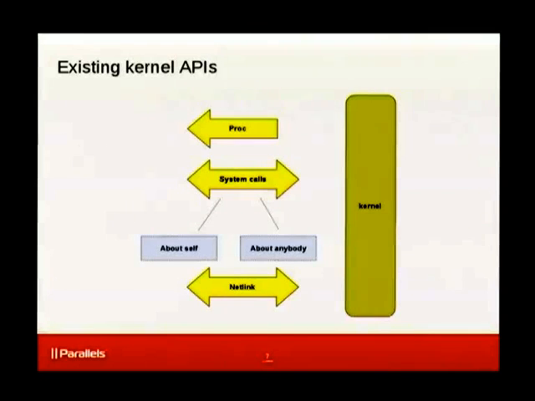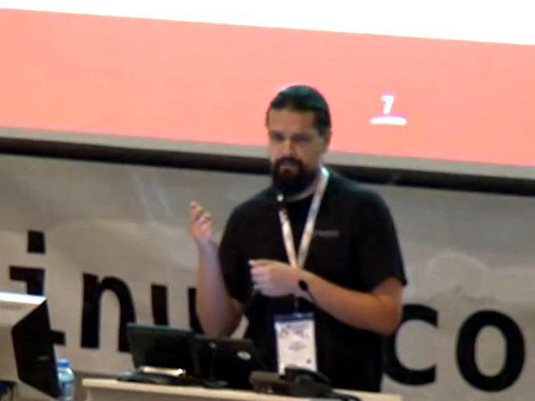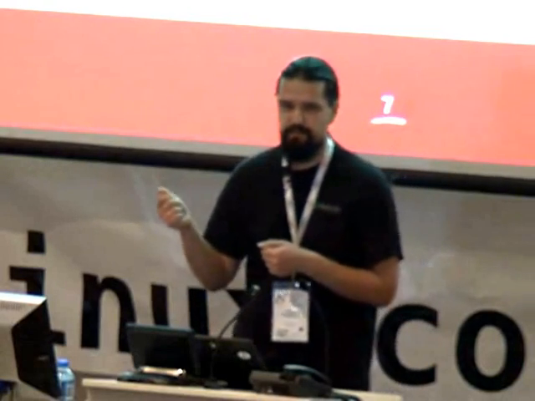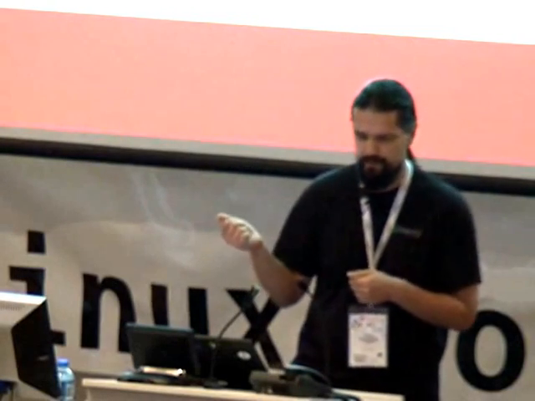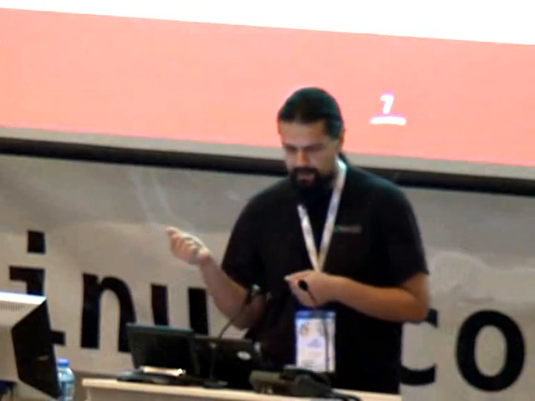The first set of system calls work on a process itself. For example, open a file descriptor just for the current process. The system call which gets supplementary group IDs also works only for the process which is calling it. So we cannot simply use that for fetching a state for an arbitrary process. On the other hand, we have a bunch of system calls which work on any process. They accept a PID value of the process we want to query, for example, scheduler policy or IO priority requests and similar stuff. And there is a